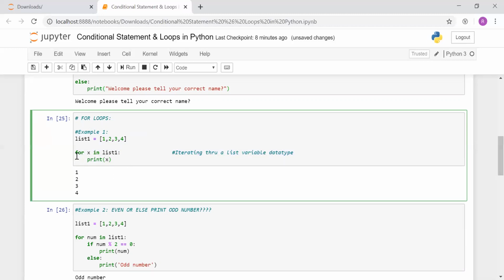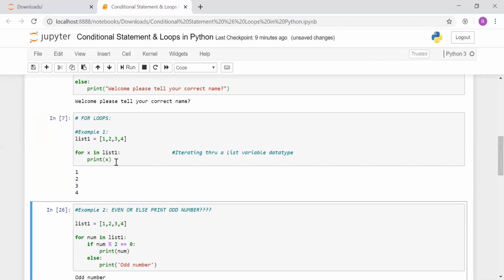So what is the syntax? for is the keyword, x is the incremental operator, which will iterate starting from 0 till the end of the elements inside the list. And finally we are printing out. So shift enter, and it prints all of the list values on different lines. So this was one example of a for loop.